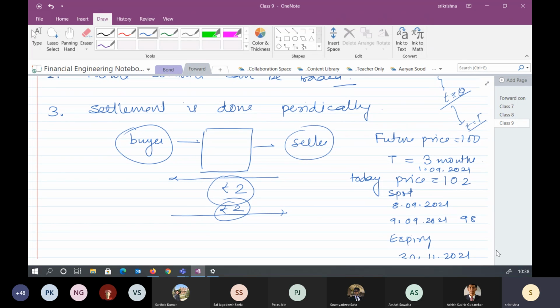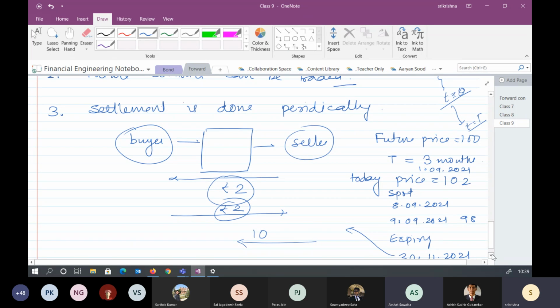So what is happening? It's not that the buyer is now giving 100 rupees and the seller is giving the asset. The seller is paying back 10 rupees at this moment. The seller is going to pay the buyer 10 rupees. So if the buyer wants to buy an asset, he has 100 rupees which he agreed to buy at. Now he will add that 10 rupees from the seller, go into the market and buy the item. He can do that, right? Because he needs an extra 10 rupees. So this 10 rupees would be given only from the seller side to the buyer.